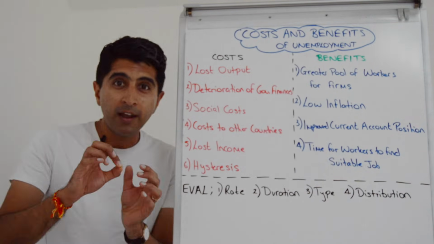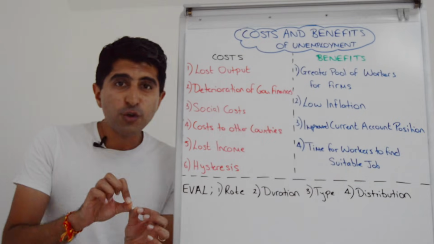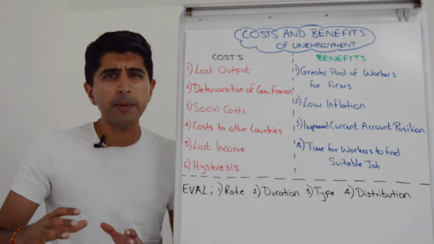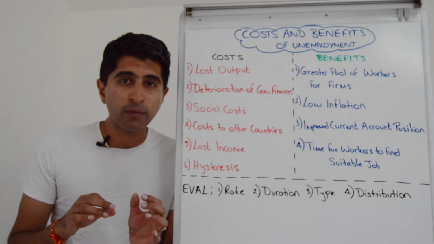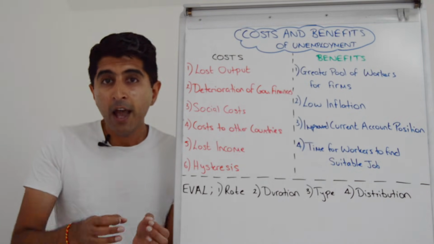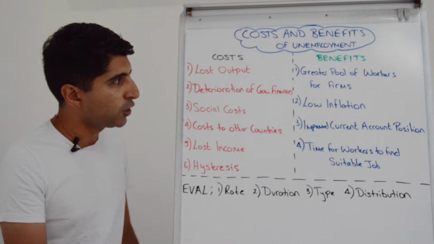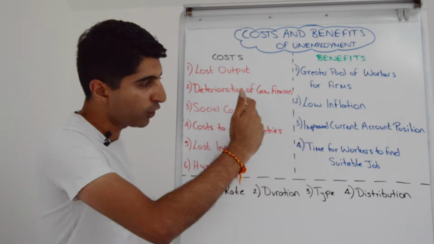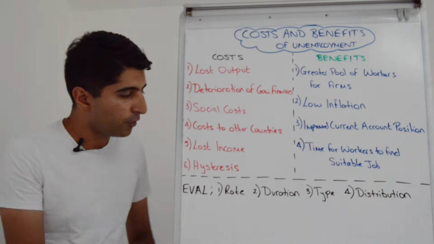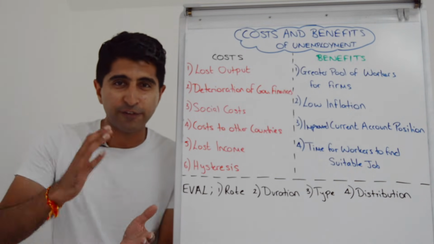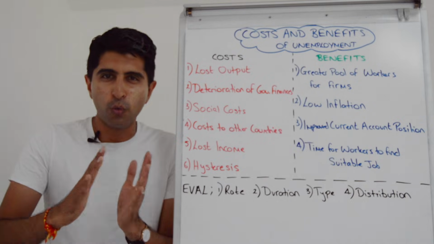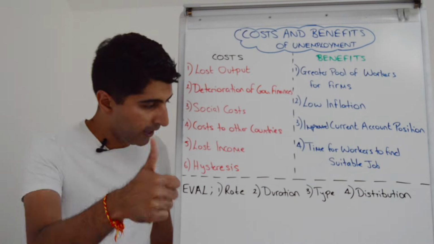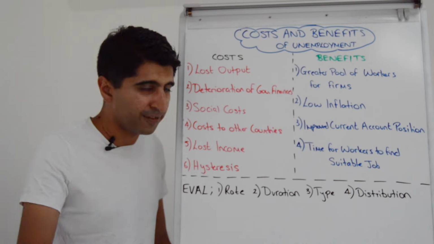Let's now evaluate whether unemployment is good or bad. So when do the costs of unemployment outweigh the benefits? Well, the rate of unemployment is crucial. Generally speaking, we say unemployment at the natural rate is fine. That's the best unemployment rate an economy can achieve. And usually in that situation, the benefits outweigh the costs. Whereas if unemployment goes beyond the natural rate, the other way around, the costs outweigh the benefits. The only time that's not true is if the natural rate of unemployment itself is very, very high. Then governments or whoever need to do something to bring that rate down. But generally speaking, unemployment at the natural rate is okay. That's the best an economy can do unless that rate is very high on its own.